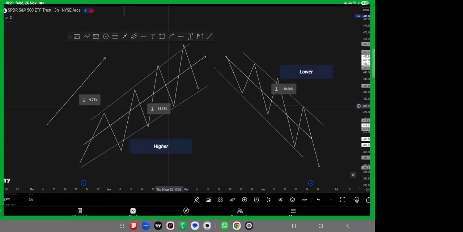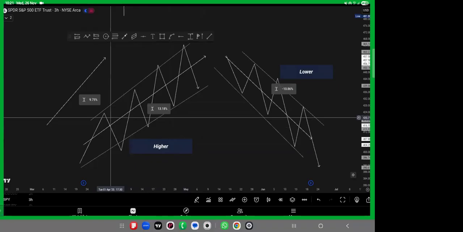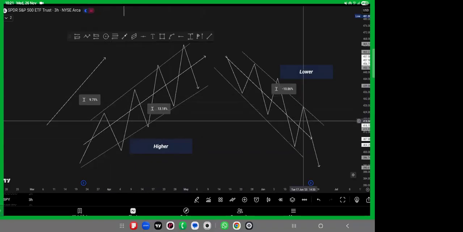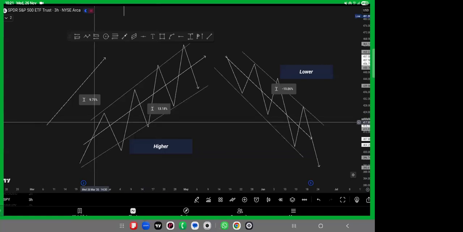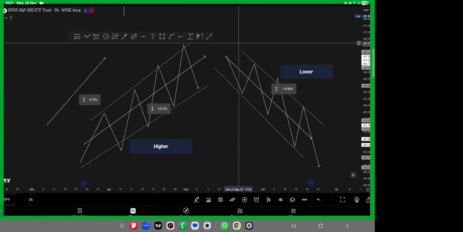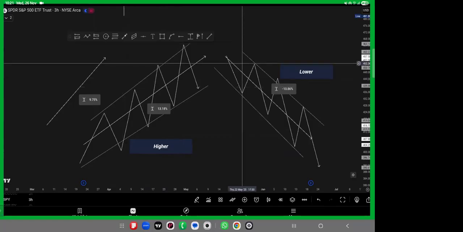And there are just two sequences when it comes to market structure: higher highs, higher lows, and lower highs, lower lows. The first sequence, higher highs and higher lows, is for the demand trend. The second sequence, lower lows and lower highs, is for the supply trend. Please, it's nothing complex. If you think you are not following, just rewatch this video and you will understand far better.